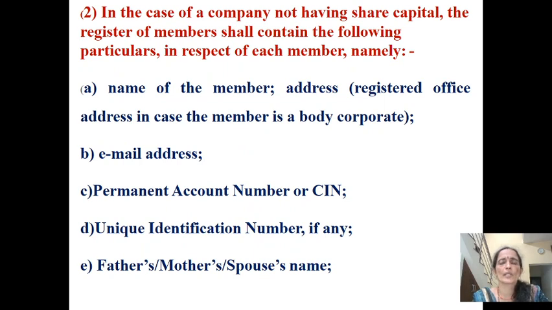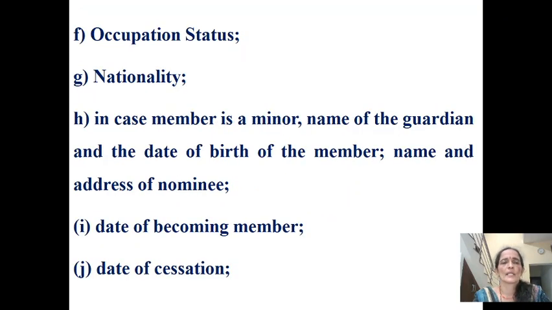And in the case of company not having share capital, the register of members shall contain the following particulars in respect of each member. They are the following: name of the member, address, that is a registered address in case the member is a body corporate, then the email address, permanent account number or CIN, corporate identification number, or unique identification number if any, father's or mother's or spouse name, then occupation status, nationality, and in case member is a minor, name of the